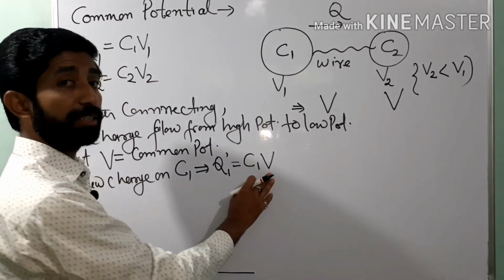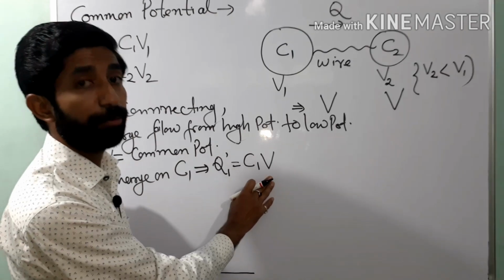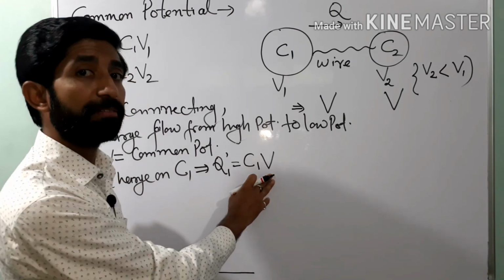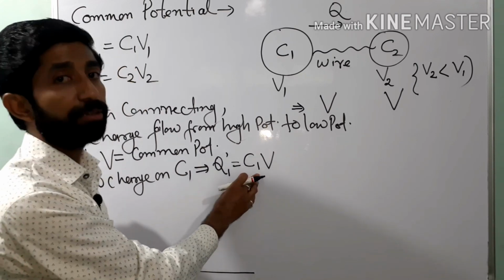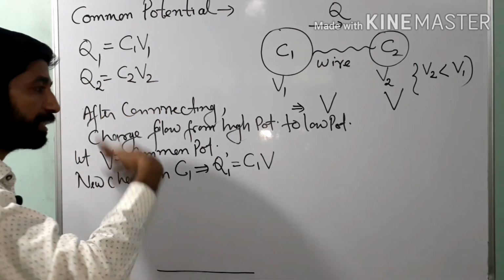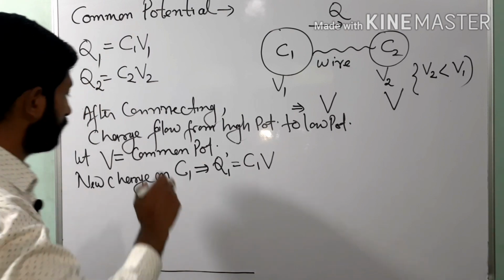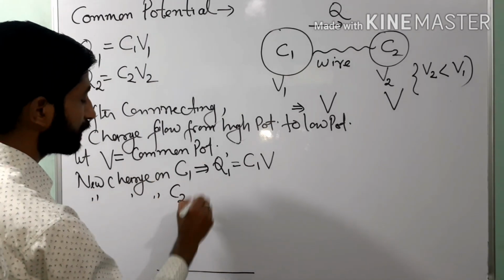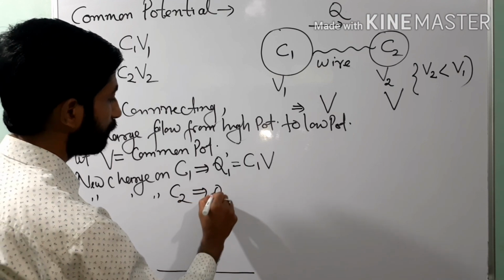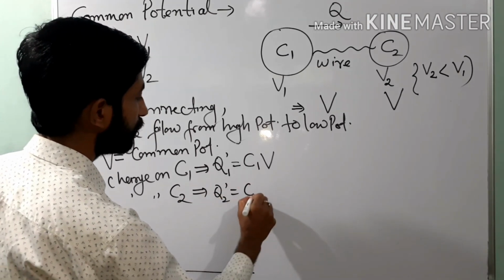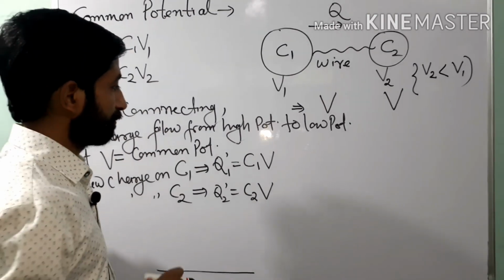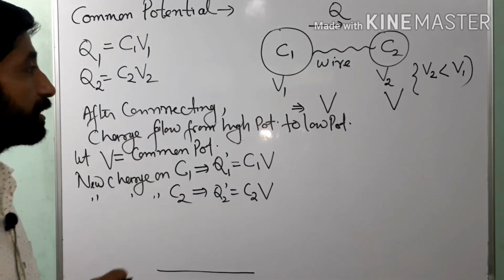Now remember, this will not be V1, because we have come out of V1, it has to be V, but the capacitance does not change. It is decided by the manufacturer, right? Similarly, the new charge on capacitor 2, that is Q2 prime, is equal to C2 V. Now by conservation of charge,